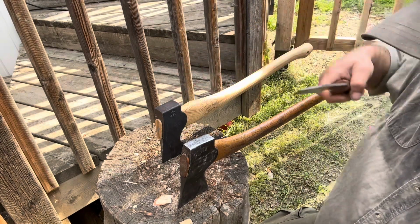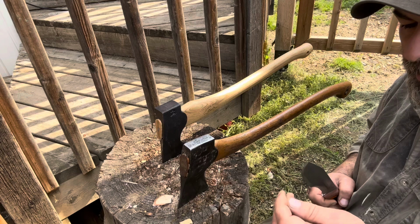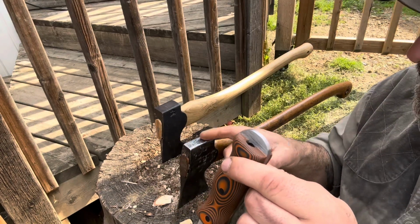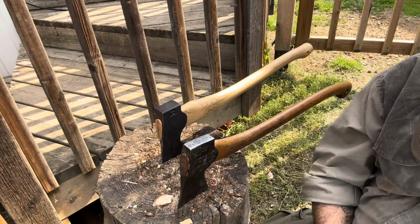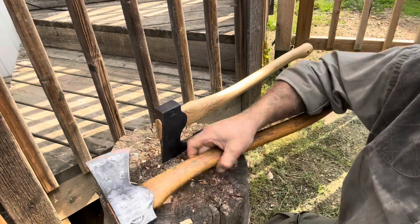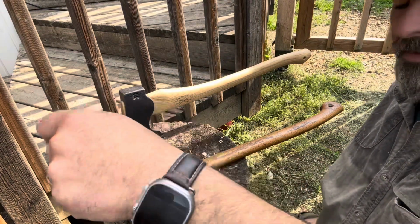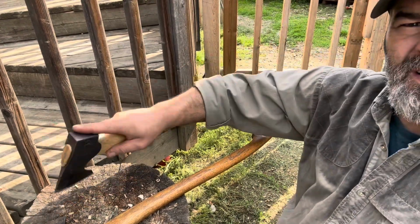So for me, this is the reason I bought this axe, really. It's the hardened poll, cutting snare wire. And the cut is much better looking on the wire than the softer steel, right? So this one doesn't even mark. This one marks a lot. This one didn't even, it just took the color off. So that's a plus. If you say you lost your multi-tool or whatever, having a hard poll axe,